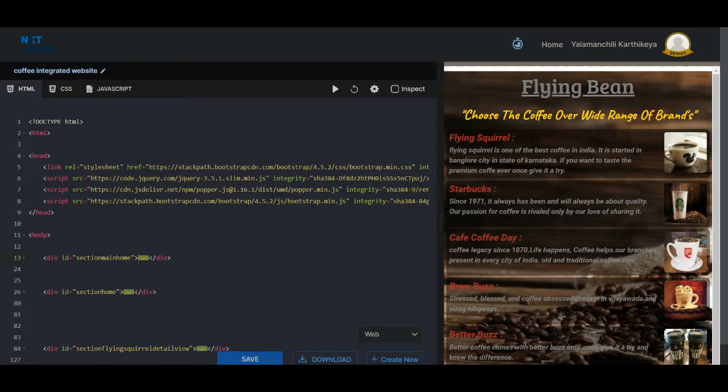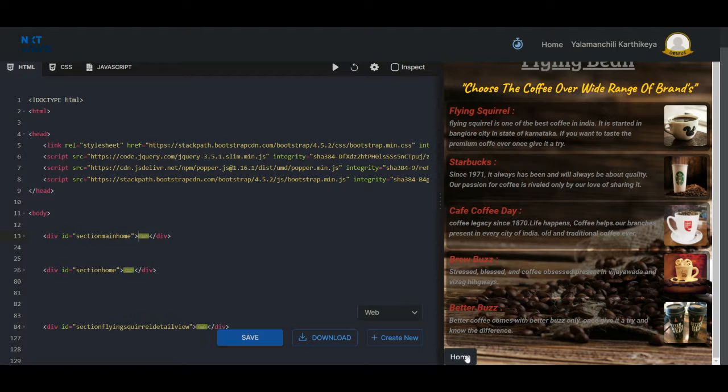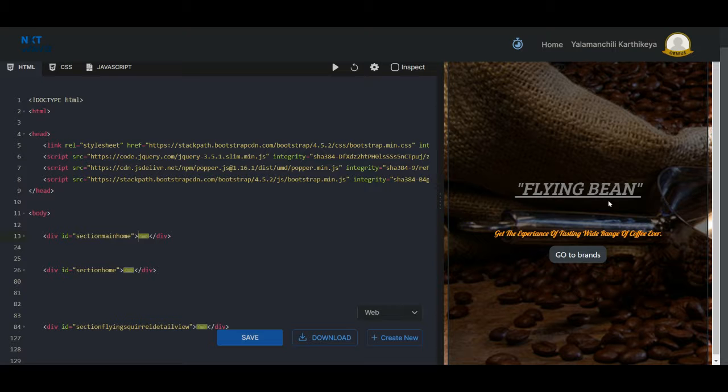In this page, I'm having a background image, a heading for that background image, and also a para for that background image. I'm having some different cards. Five cards are there here total: one, two, three, four, and five. And in each of those cards, I'm having a heading, a para, and an image also. And bottom to all these five cards, I'm having another button called Home. This is the Home button. If I click Home, it will go back to the main page.